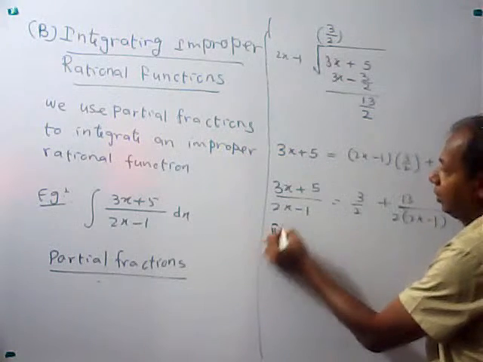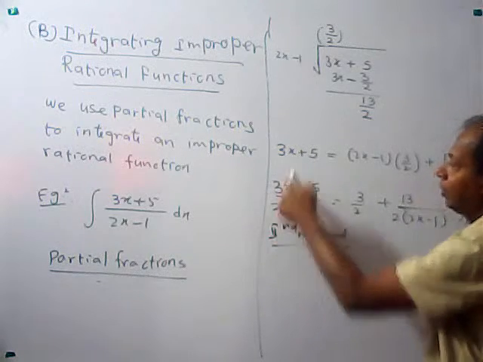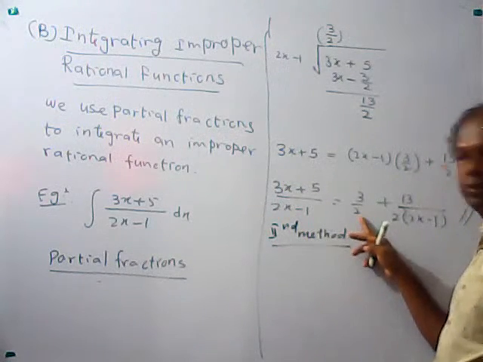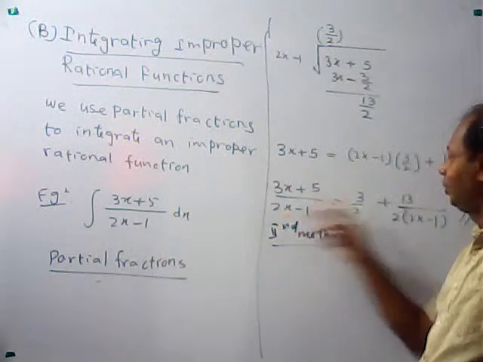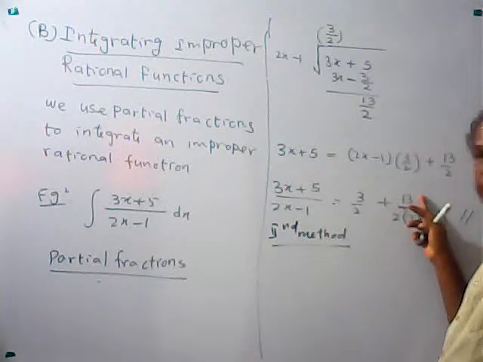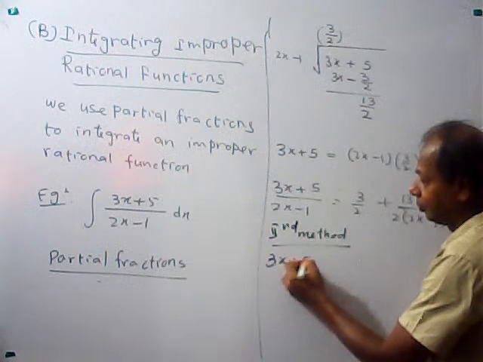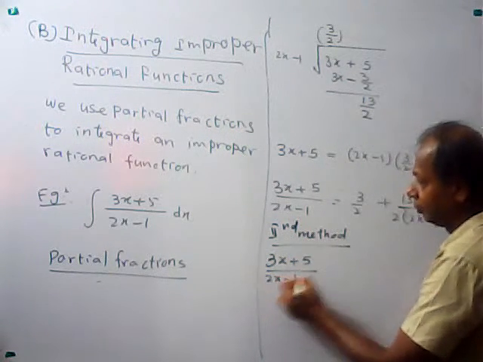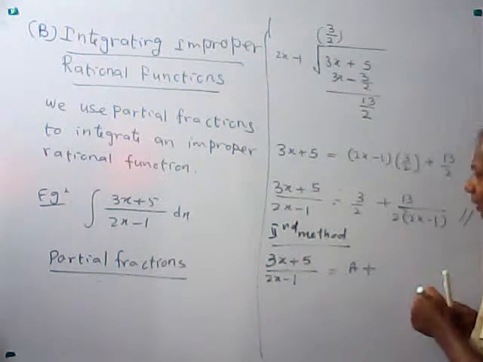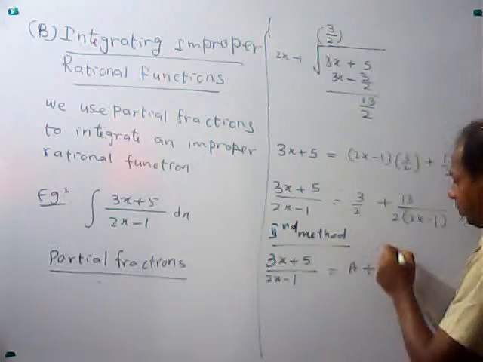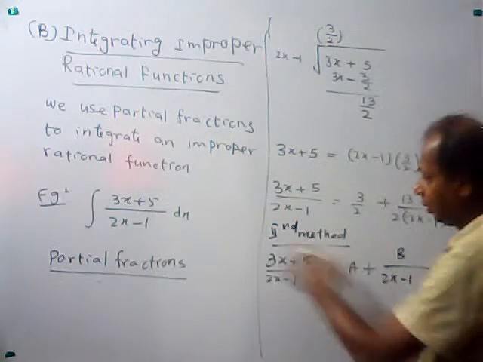Second method. If they are of the same degree, you start with some constant plus another constant over 2x minus 1. Breaking this into partial fractions, you get a constant plus another constant over 2x minus 1. If you want the pattern, you write a constant plus a linear one, b over 2x minus 1. Then find a and b. To find a and b,